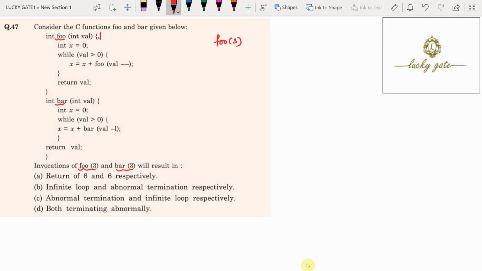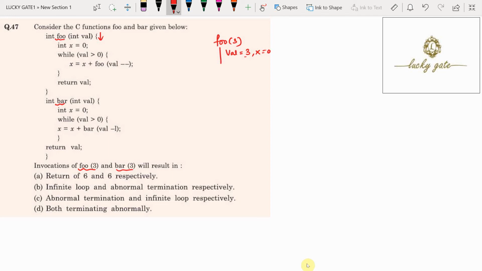When it is entering into the function, the formal parameter val is assigned with 3 and x is 0. And here there is a while statement: while val greater than 0. What is val? 3.